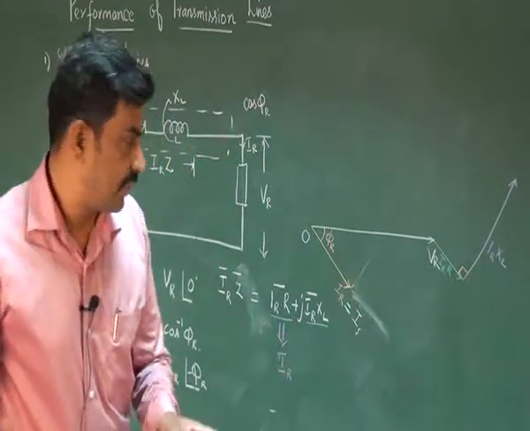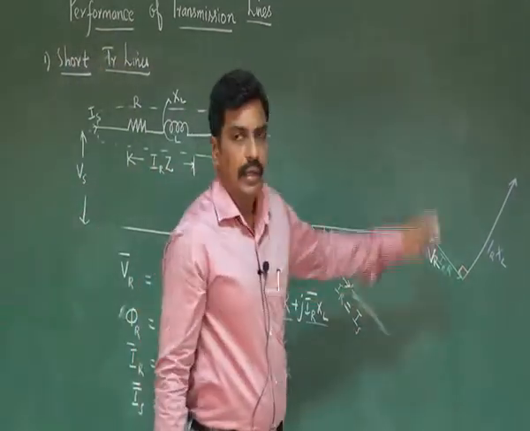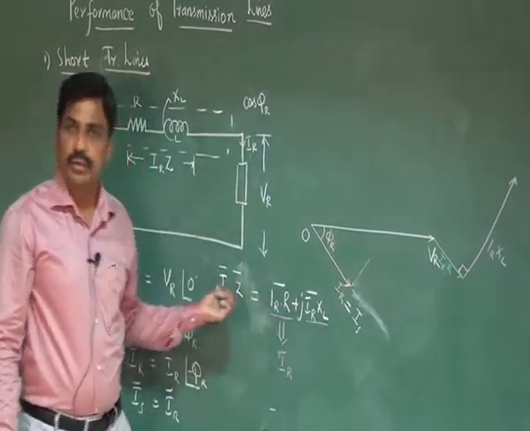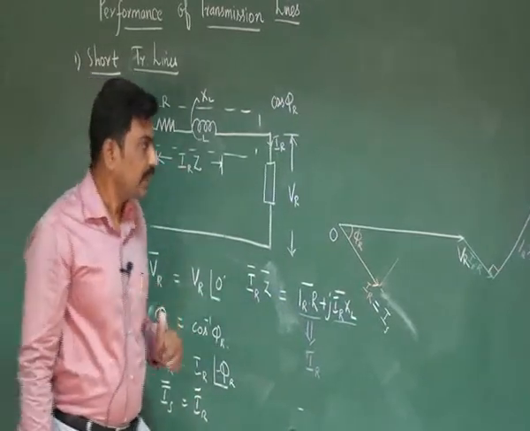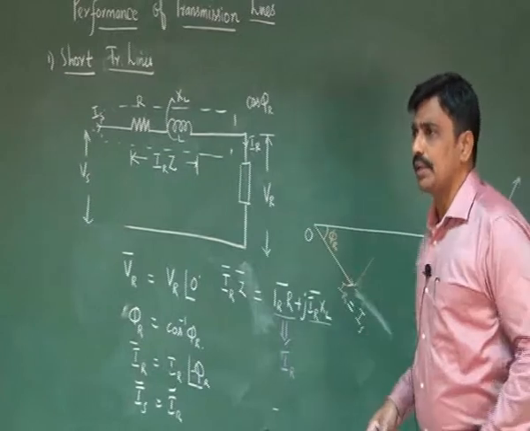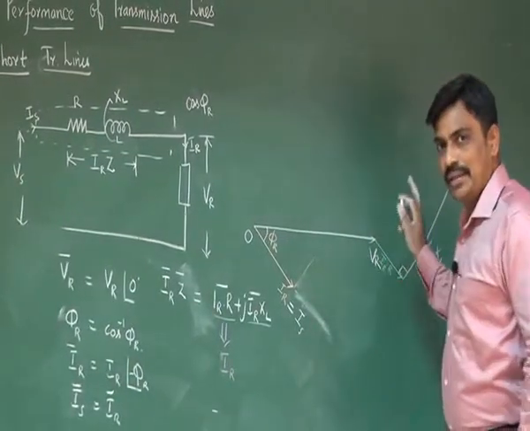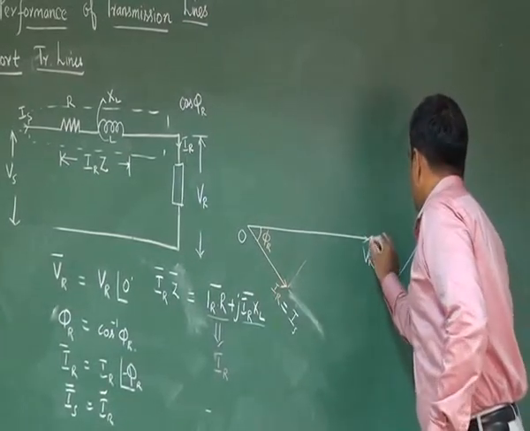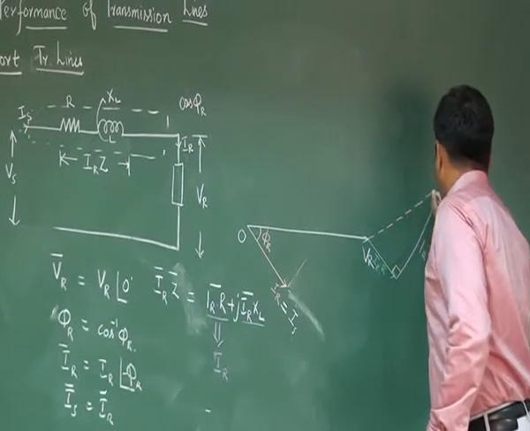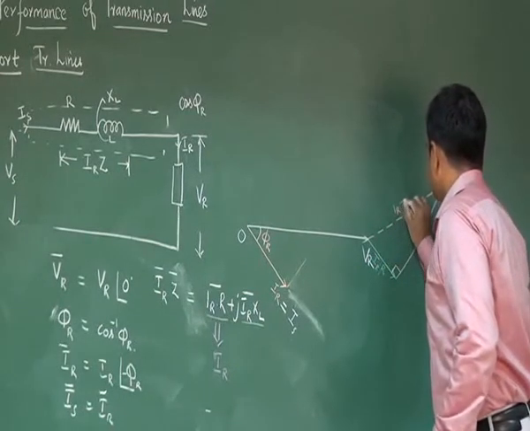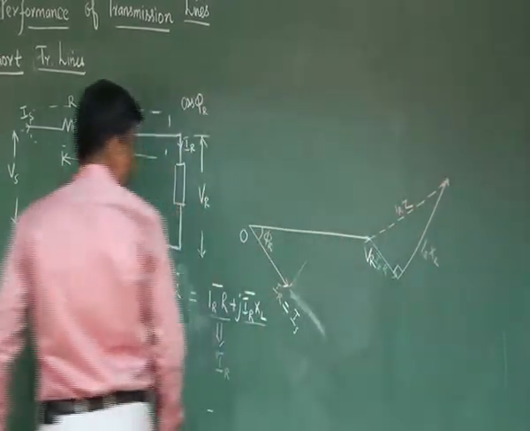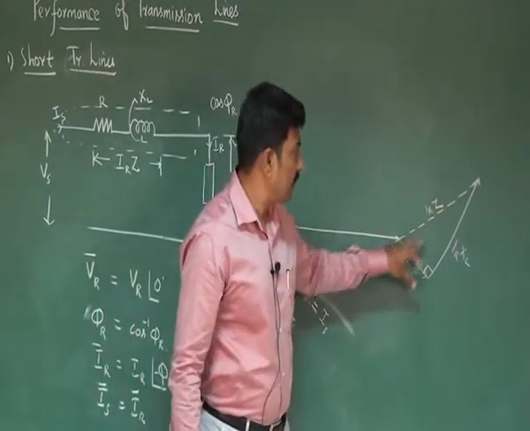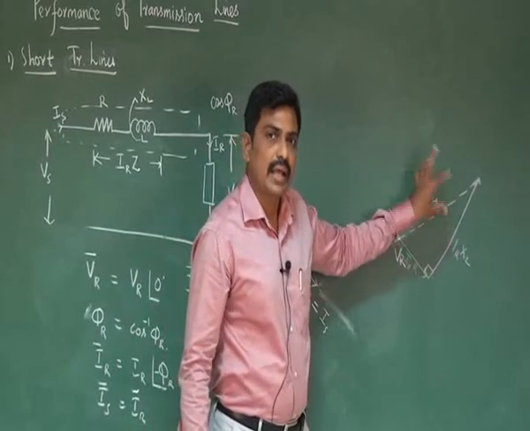We have plotted two different vectors, the resistive drop vector and the inductive drop vector. Now look at the equation. The combination of these two vectors will give you the drop across the series impedance. If you find the vectorial sum of these two vectors, you will get the voltage drop across the impedance. Simply you connect these two vectors, and after combining them, the vectorial sum will give you the drop across the series impedance IRZ.